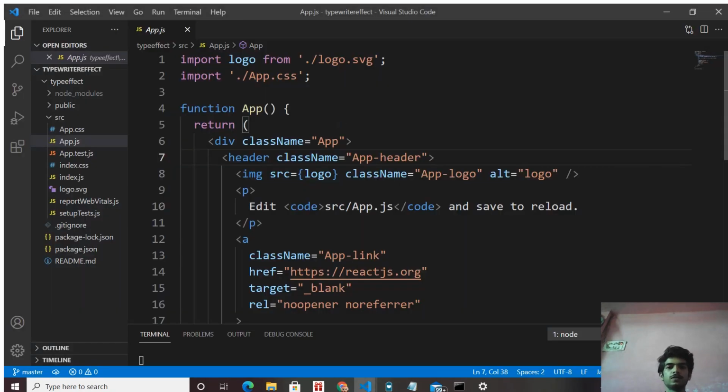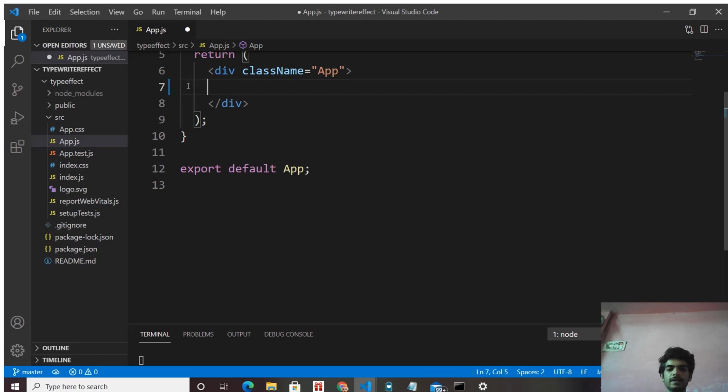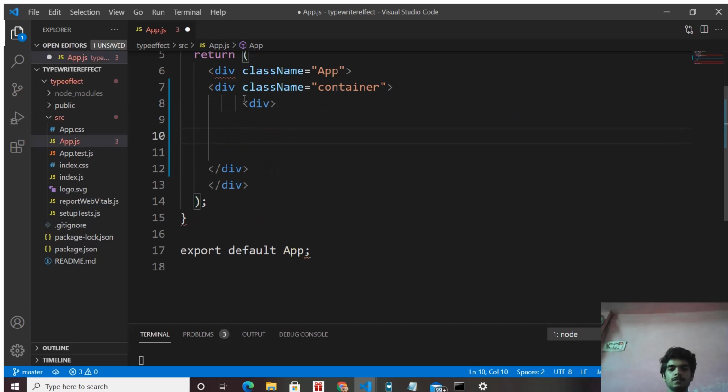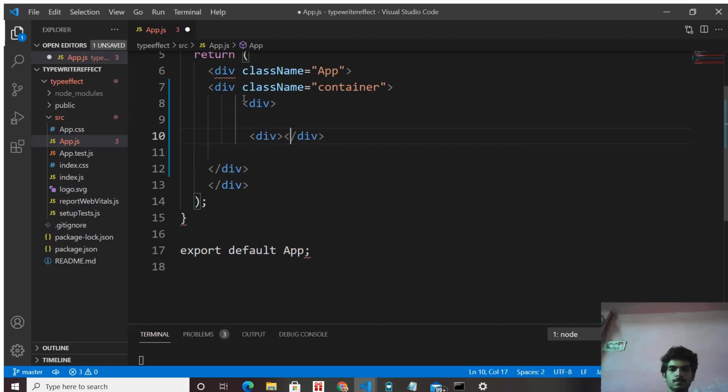Let's go to its file and first remove the header tag and create a div tag of class container. Inside this div create another div tag and give it the class name headings.